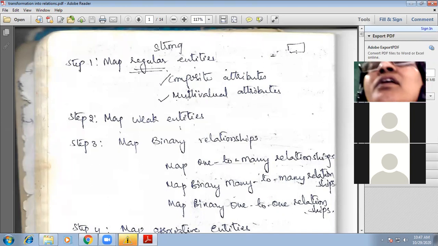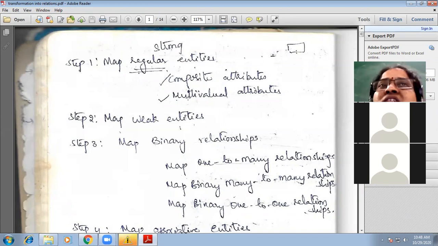Transforming ER model or ER diagram into relations. That means here we are performing transformation of ER model into relational model. Now, what is this ER model? We are representing the data in ER diagrams, that is in graphical format, in the previous example. Next, we need to implement that ER model into a relational model. So what is relational model? Representing the data which we have collected and putting constraints on the data, and we need to show the data in the form of tables or relations.